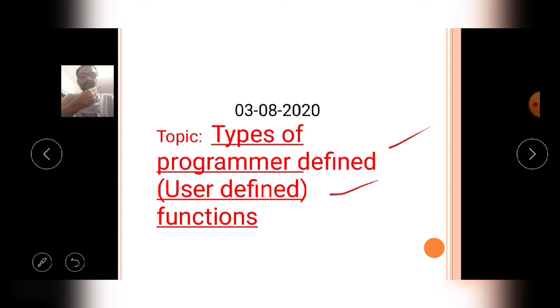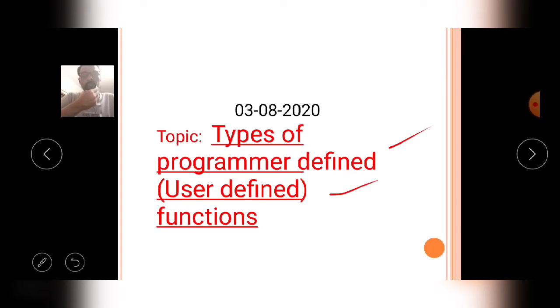According to the specification of the task and the need of the program, the programmer can construct them in his own way. These types of functions are called programmer defined functions or user defined functions.